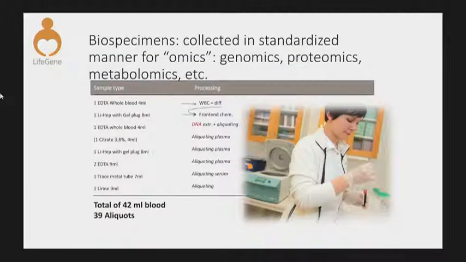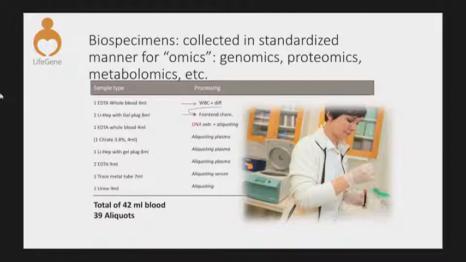But in order to have them be really valuable, we do need to have them be collected in a standardized fashion, particularly for some of the omics, such as the proteomics and the metabolomics,